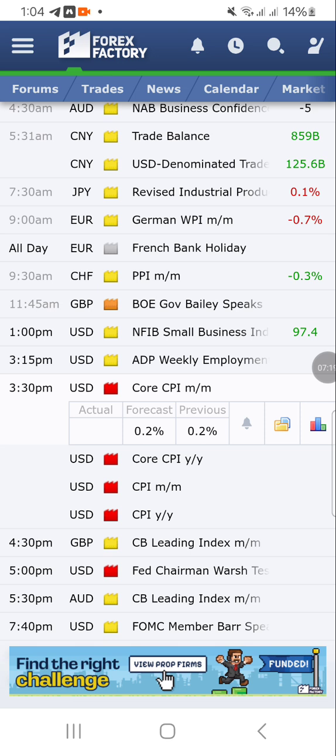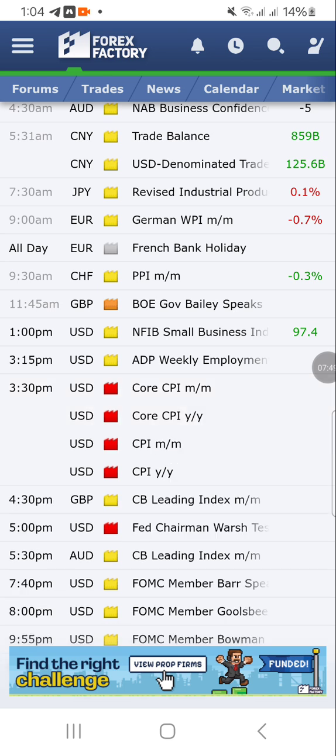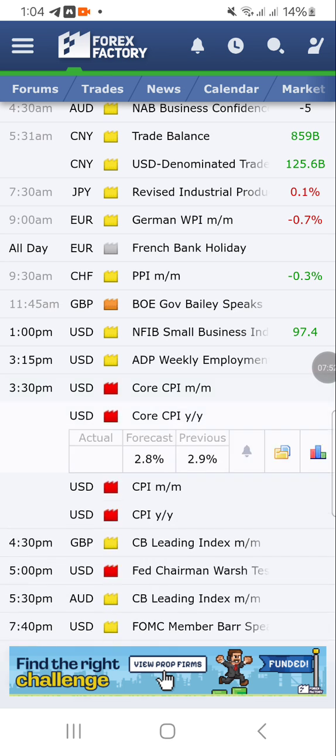So the CPI M-o-M is the one that causes that quick volatility at 3:30. Market moves. But after that noise happens, that's where smart traders come into the market. Actually, big traders that make big money, they look at CPI M-o-M, but they don't focus on it. They focus on CPI Y-o-Y, which is here.